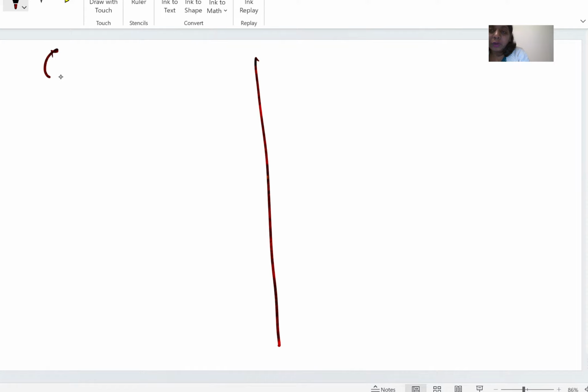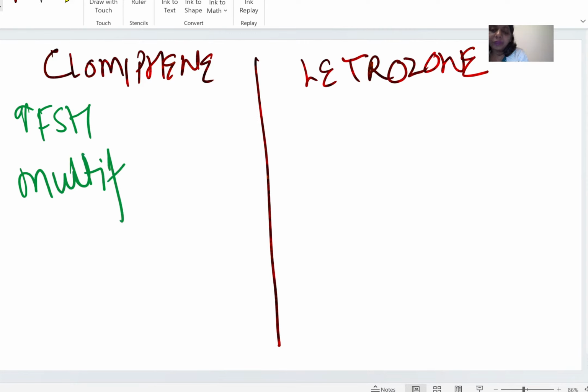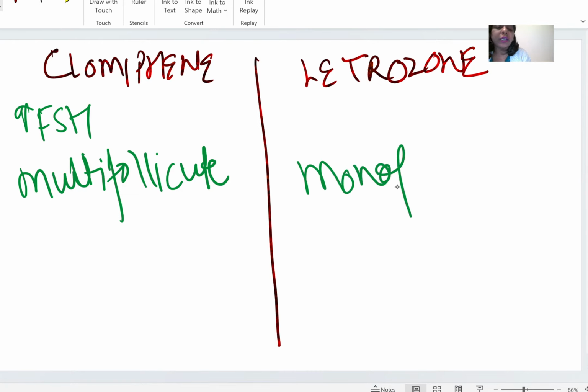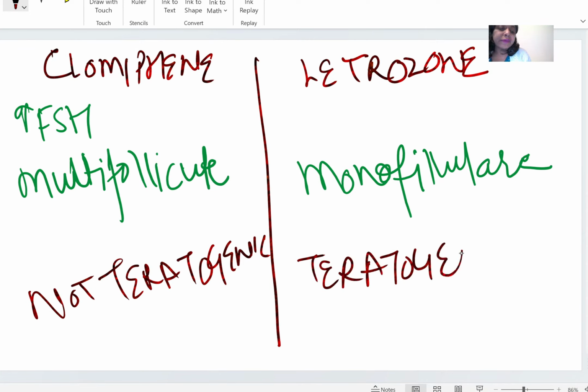Here it was clomiphene. Here it is letrozole. Clomiphene is such a good drug that it increases the FSH and causes multifollicular development. An infertile patient always wants multiple babies. Whereas letrozole causes monofollicular development. In spite of this drawback, it has been replaced because the letrozole live birth rate is high. This is not teratogenic. This is teratogenic, but it is given because its half-life is